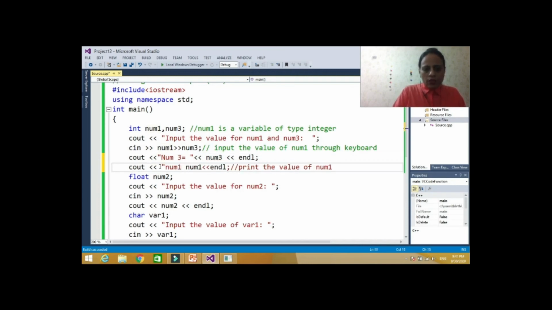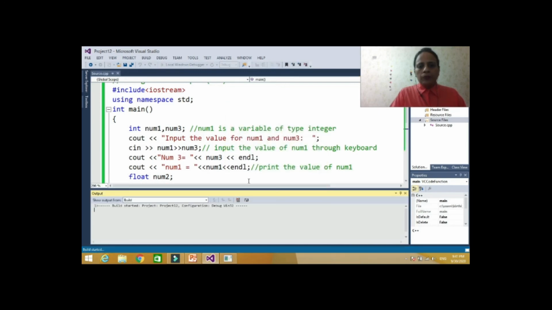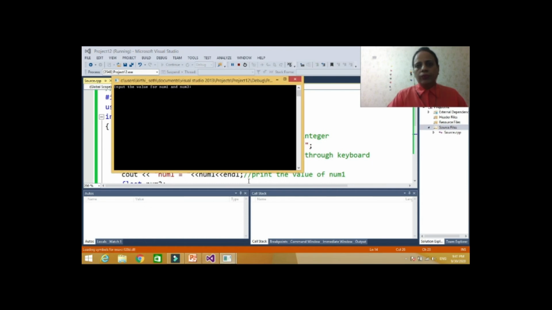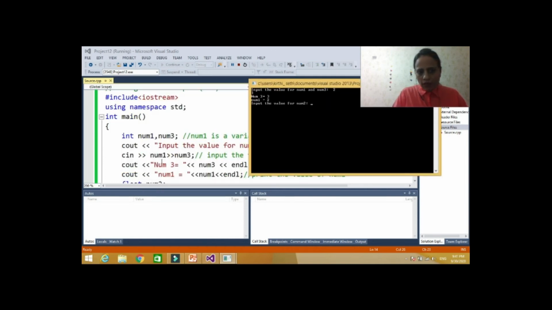Num1 is equal to, okay. Now let's run it. Let's say num1 is 2, and I can press enter also and go to the next line, 2 and 3. So num1 is 2 because we input num1 first with cin. Whatever value we enter first will go to num1, whatever value we enter second will go to num3. Num3 is 3, num1 is 2.